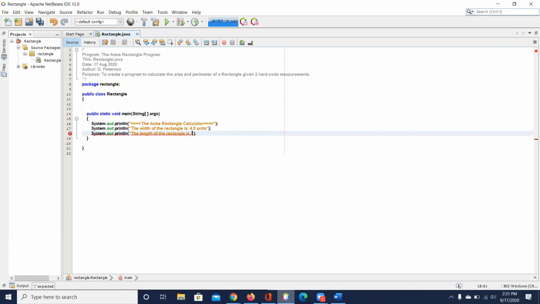And try to be consistent. Again, you notice I start each one of these with a capital letter so it looks like English correctness, that kind of thing, okay? Again, you want it to look good.